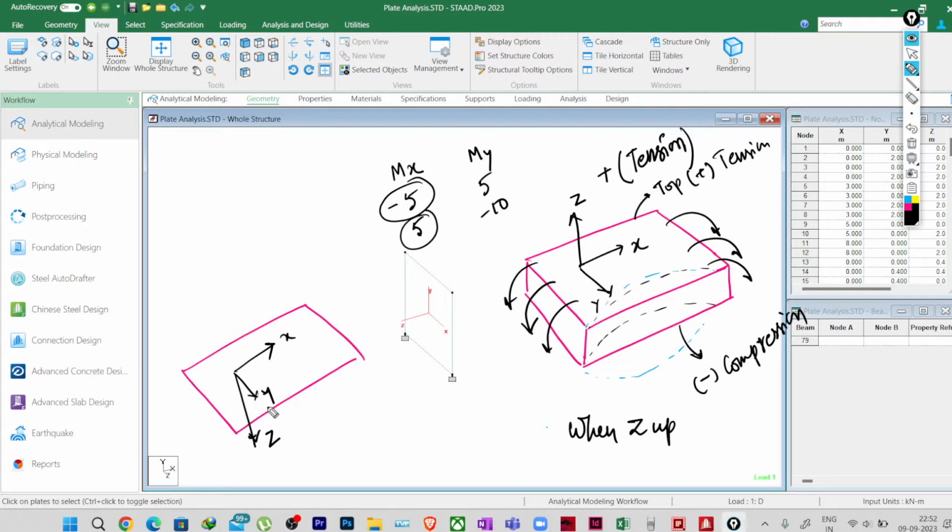In this case, it will be totally opposite. Suppose I am talking about mx only. This is the mx moment, and here also I am showing the mx moment. The my will be in the same direction. So the bottom face, if I draw it like this,